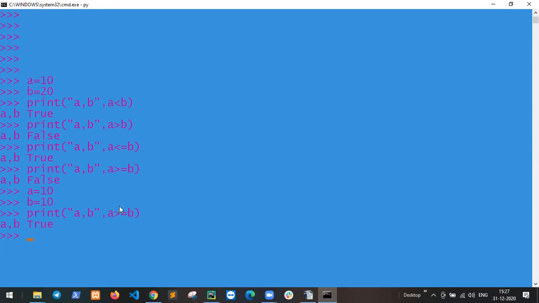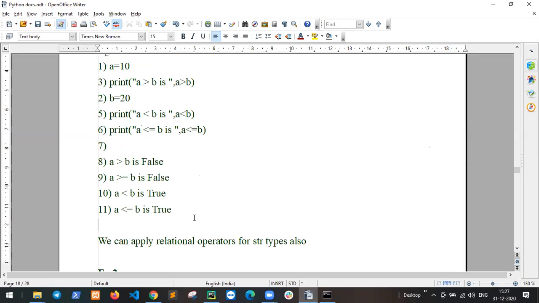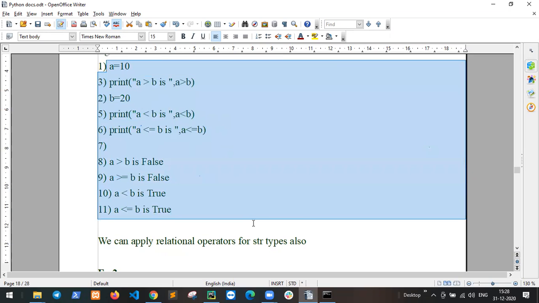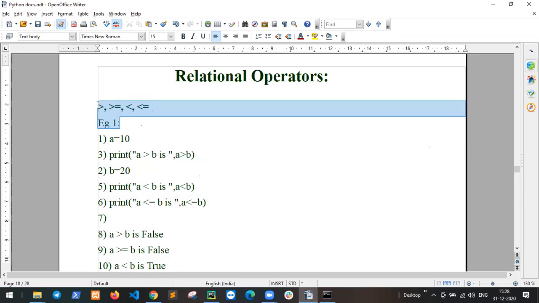Of the two conditions, only one is true, so the result is true. Got it? Same thing, this result is true. So that is the result of relational operators. Got it? Relational operators. Any doubts?